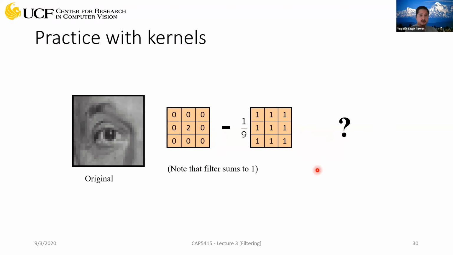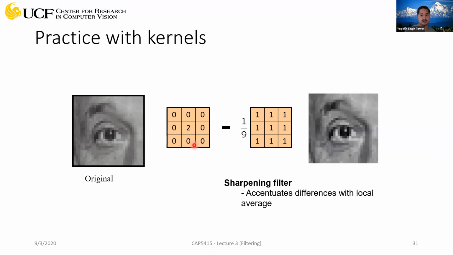Now this is another interesting operator where we increase the intensity of the current pixel. Because we have a 2 here, we are making it twice as big as the current value, ignoring the neighborhood, but then subtracting from that increased intensity the box filter. As we saw earlier, the box filter gives you average values. So it's trying to reduce the intensity based on its neighborhood, and the effect is that it will sharpen your image, and that's why it's called a sharpening filter.